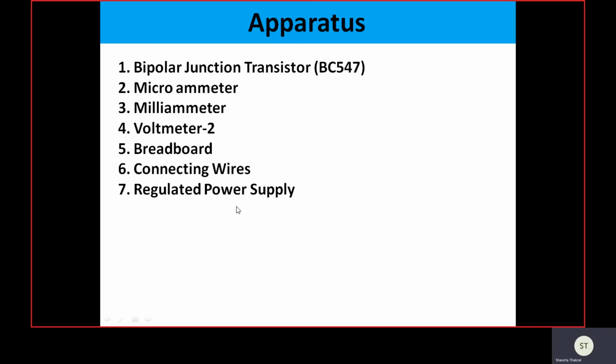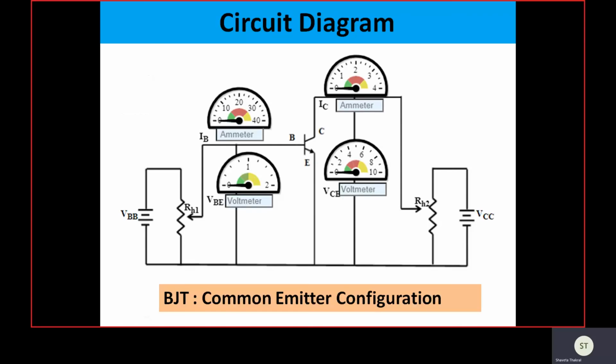One is to make the EB junction forward biased, and the other to make the CB junction reverse biased. Here we are performing the experiment via the virtual lab environment, and this is the experimental setup where we have the emitter terminal common. One ammeter is employed on the base terminal to measure base current, and this is basically a microammeter because base current lies in the microampere range. The other ammeter we have employed on the collector terminal to measure the collector current that lies in the milliampere range, and we have employed 2 voltmeters.